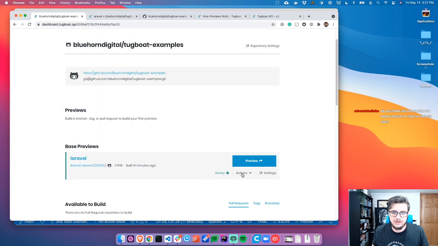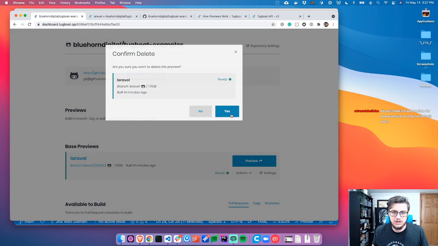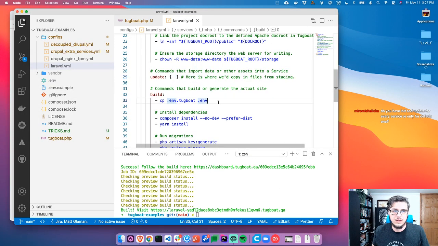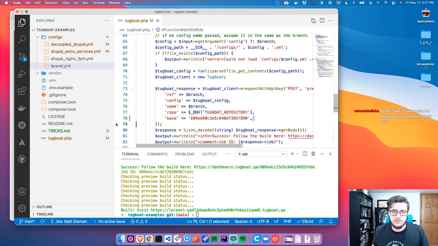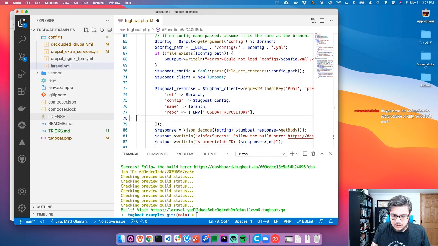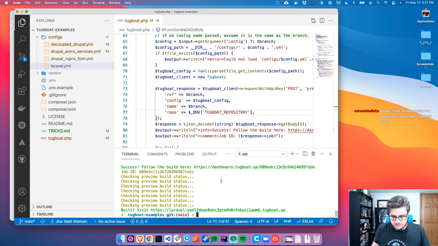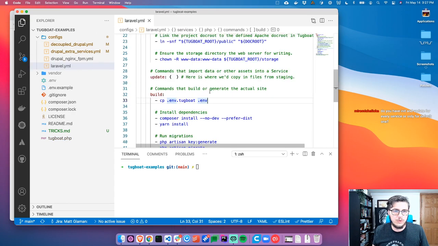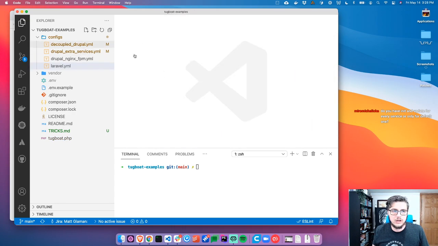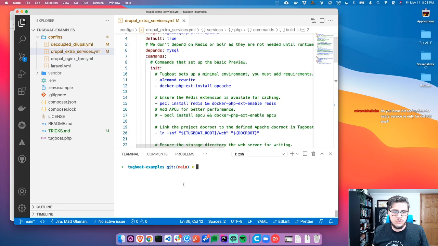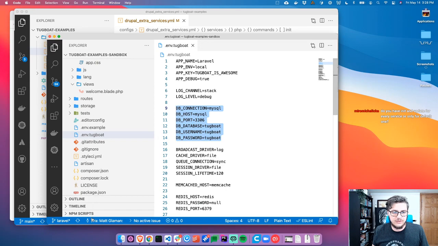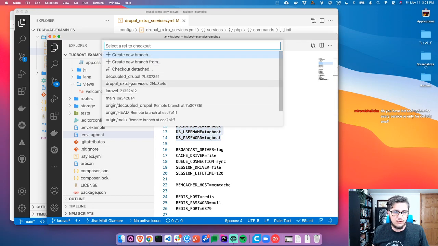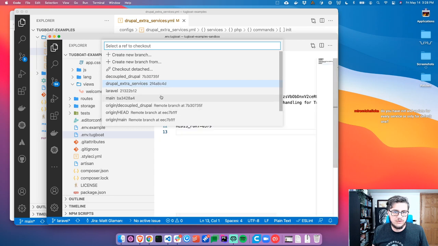I'm going to delete some of these, clean it up. And I'm going to remove this base repo part. So now let's dive into something a little bit more advanced, or we could actually try to add, we'll come back and add Redis to that. So now we're going to look at a Drupal site that has Redis and Solr. So if I go to Drupal extra services,